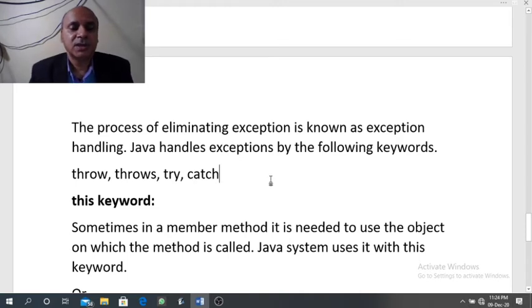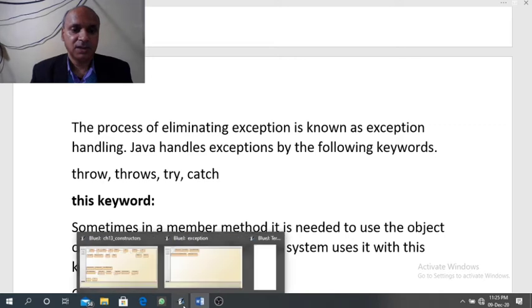In board examination, they are asking only selected questions from this topic, like what is exception, which keywords are used to deal with the exceptions. Programs are not asked, but to explain it, I would like to explain this topic with one sample program so that the concept is clear to you.